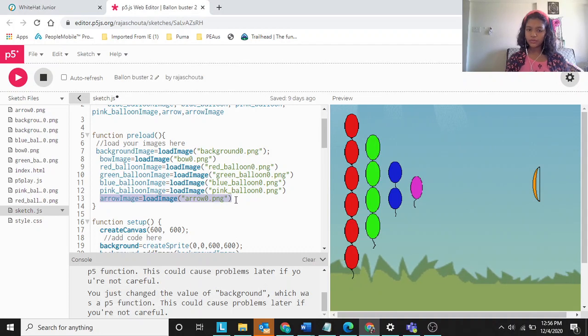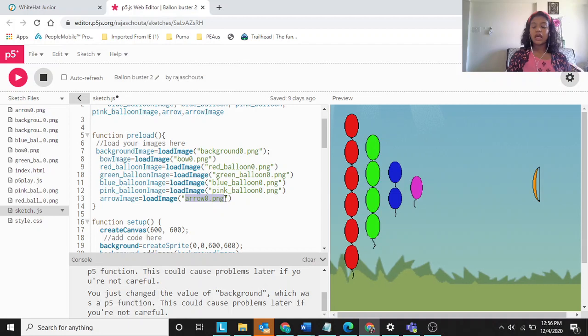This is the code for preloading. Arrow image equals load image, brackets, inverted commas, arrow0.png. Whatever png you write in this is going to be the animation shown.